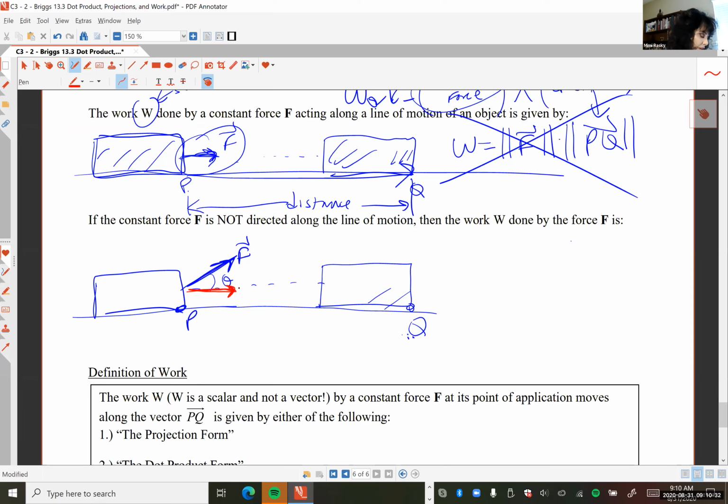It's this red vector here, which is the projection of F onto PQ. This red vector is the only part of the force that's helping or contributing to the rock being able to move. Any other component of the force is not helping the rock move in the forward direction. So this is what we want. And so the work formula here is going to be the magnitude of that projected vector of F onto PQ